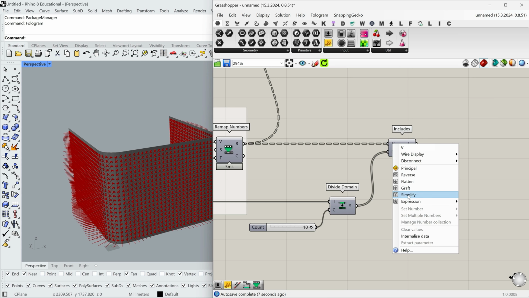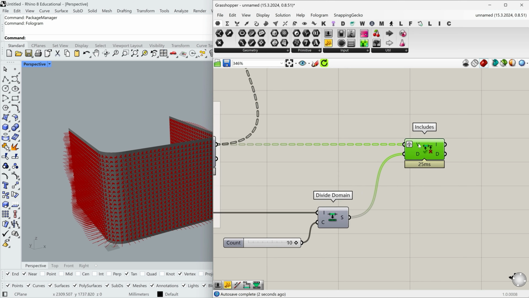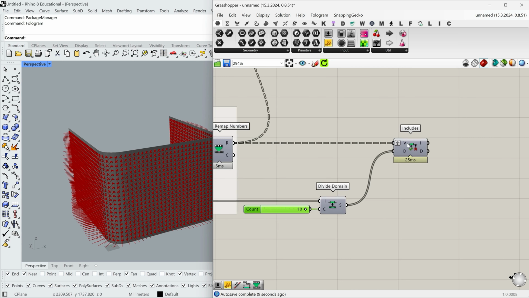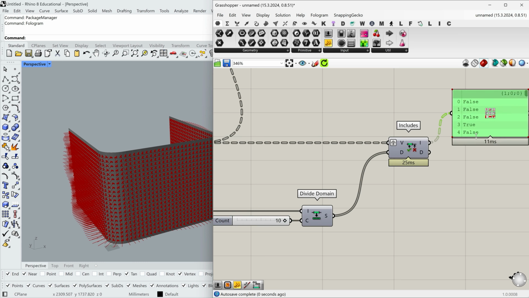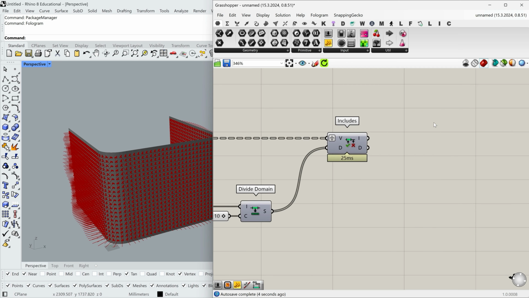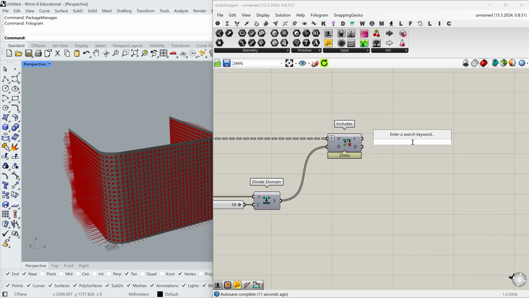We need to graft this input in order to check every value against every domain from Divide Domain component. Right now we have just one true value in the branch. Perfect. Let's find out the index of this true value. To do this, I'm going to use Member Index component.